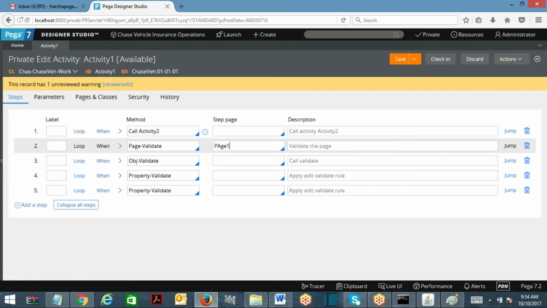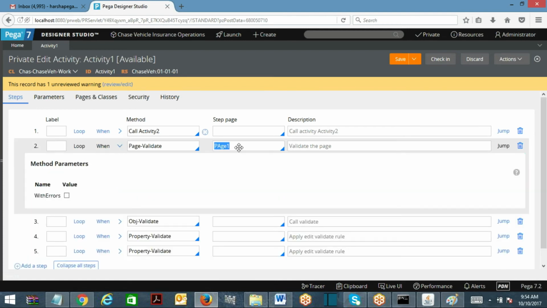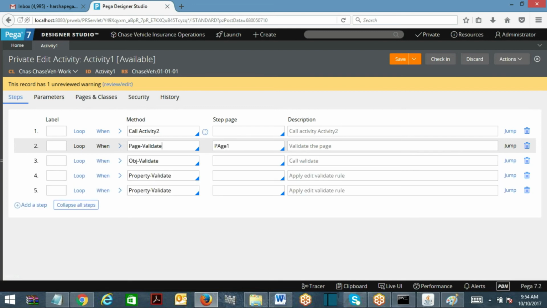Let's say we have an age property on one page, which has edit validation. Now we are calling that page in the flow itself. So do we need to specifically put this page validate and call it? Otherwise, would those validations not execute?